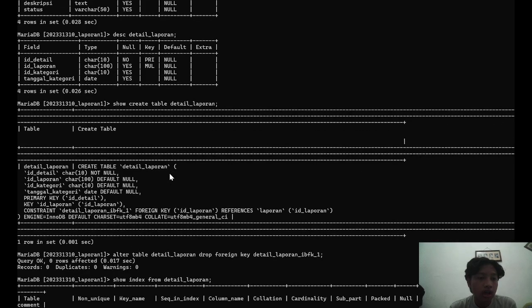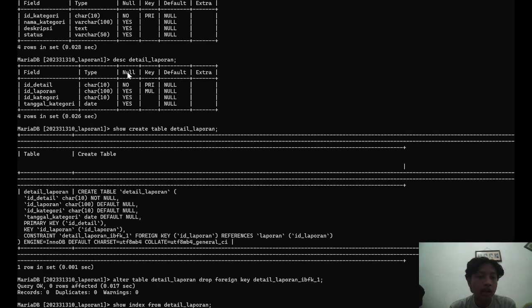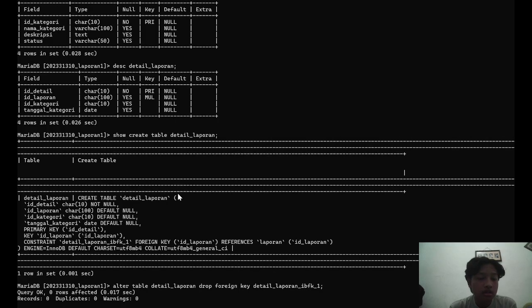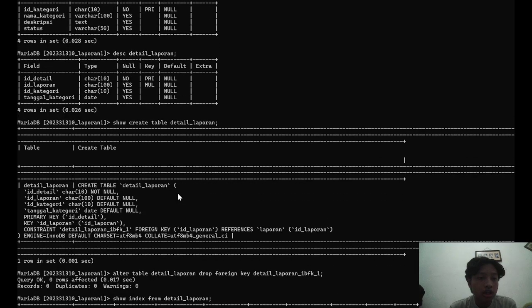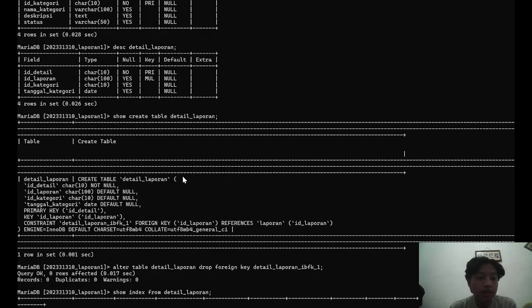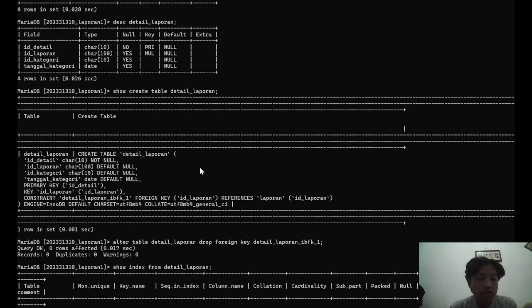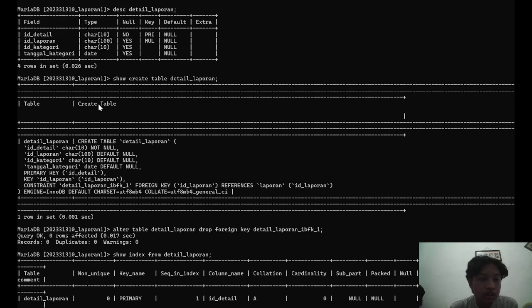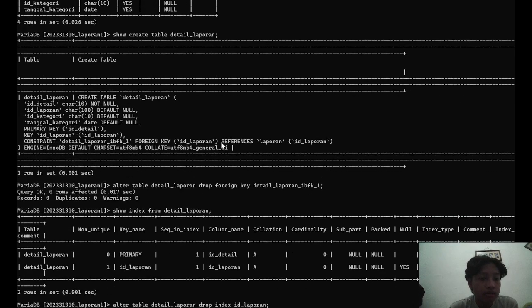So I want to delete the detail laporan table, and then I want to remove the foreign key from the ID laporan to make the table have no relationship with other tables. And then we can do this: show create table, then detail laporan.